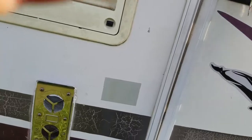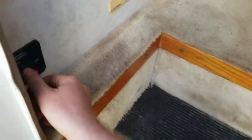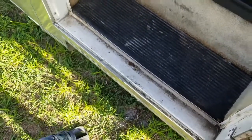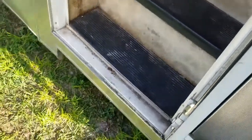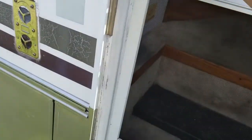Now, I have the power off right now. I'll turn the power on. The steps shouldn't come out unless I have the key on or turn my master on. And you have to watch the step, because one day I turned the step on, and we do have it marked, I ran the step right into my feet. Hurt like hell. So now that that's resetting, if I close this, and it's got a dual pass on it, so